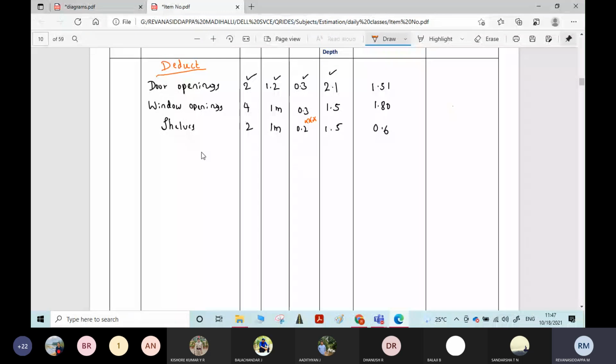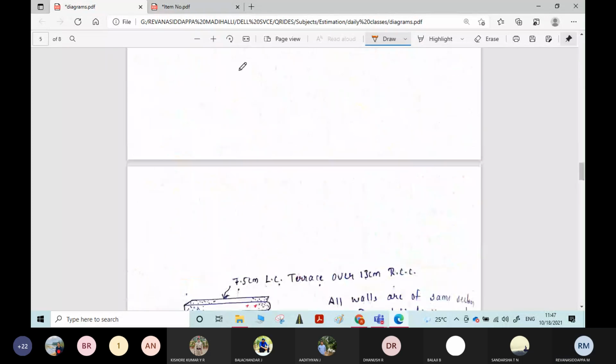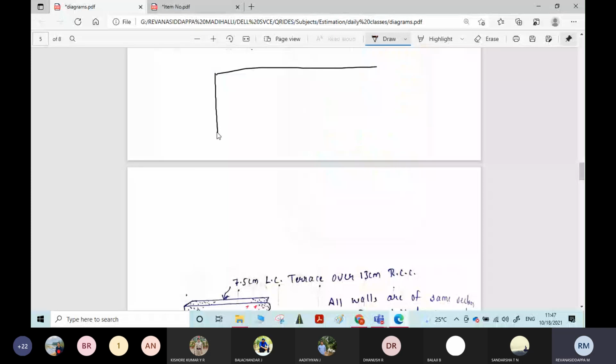Along with this door opening, window opening and shelves, you need to do a few more deductions that I will tell you. See, when there is a door opening in a wall or window opening,